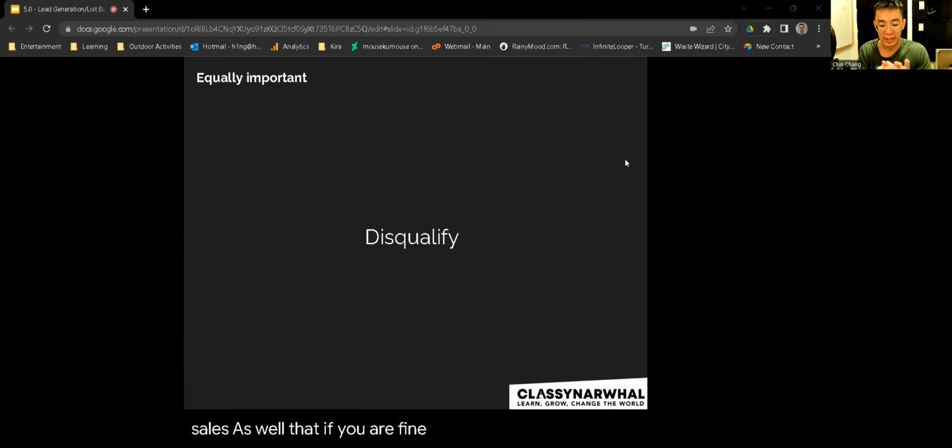So remember as well that if you are finding that customers are only focused on pricing and purely going after the cheapest option, they may also not be ideal target customers. If they're only looking for the cheapest vendor, then if you work with them and they find another cheaper vendor out there, they're definitely going to switch. So they're not loyal. They don't care about anything else. They don't care about quality. They just care purely about the price. So maybe they're not a good fit.